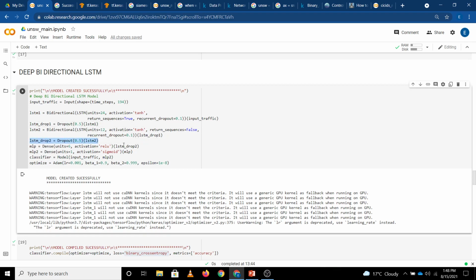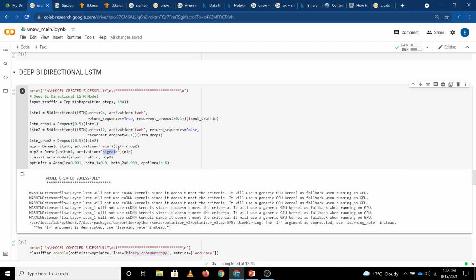So for that reason, we must reduce the dropout; it should be between 0.1 and 0.5. To learn the features we use tanh, as it delivers better training performance for multi-layer neural networks. For the LSTM layer, as we can see here, there are three basic functions: tanh, sigmoid and ReLU. The BiLSTM layer then passes to the dense layer, which consists of ReLU. And at last, for classification, we have used the sigmoid function here.